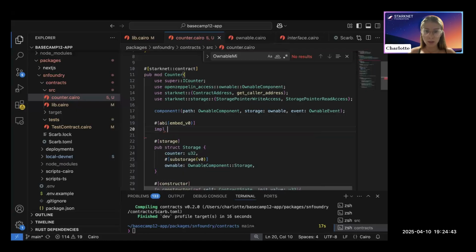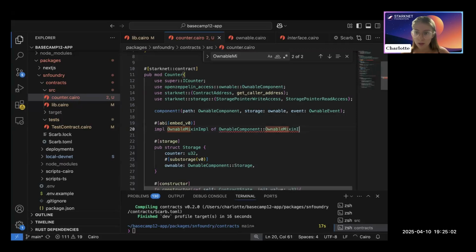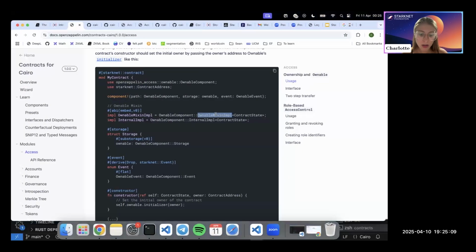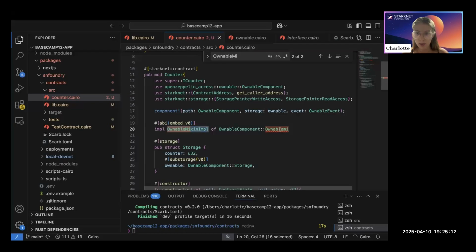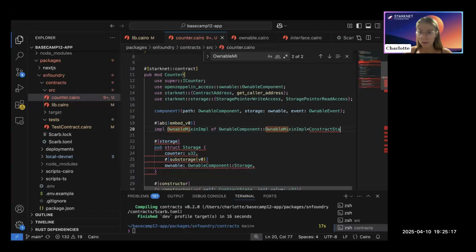Okay, so implement ownable mixin implementation of ownable components, ownable mixin. No, was it mixin? Oh yes, same. Of contract state. Okay, so here what I'm doing is that